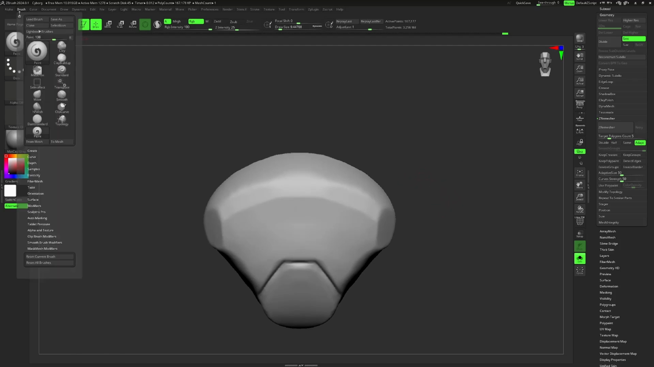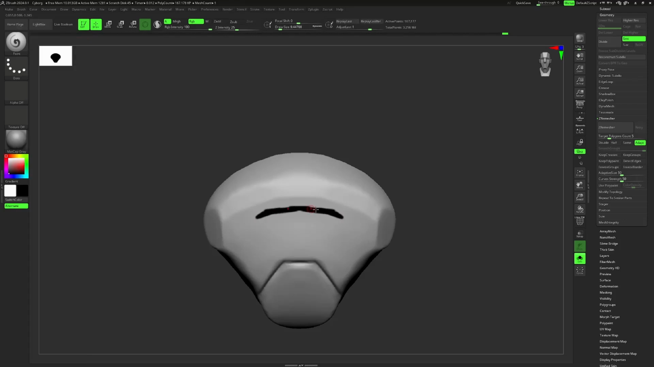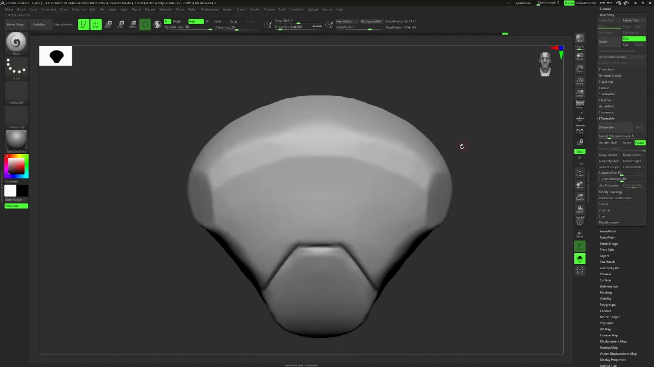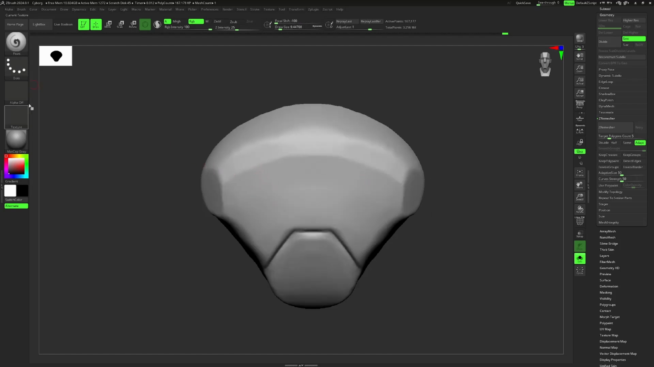Firstly, we're going to brush, tablet pressure, RGB intensity, and we crank this one up to 100%. So now if we paint, we are painting in black. However, we still might run into a few issues. So another thing we're going to do is decrease the focal shift to -100, and now we are actually drawing pitch black. Also make sure to turn off your alpha,